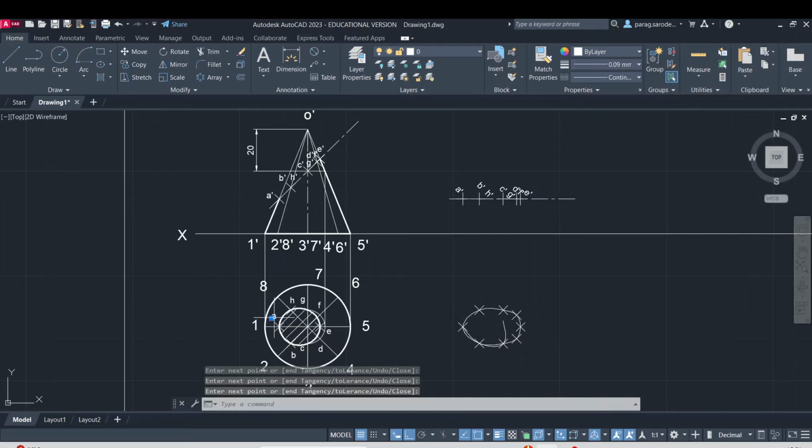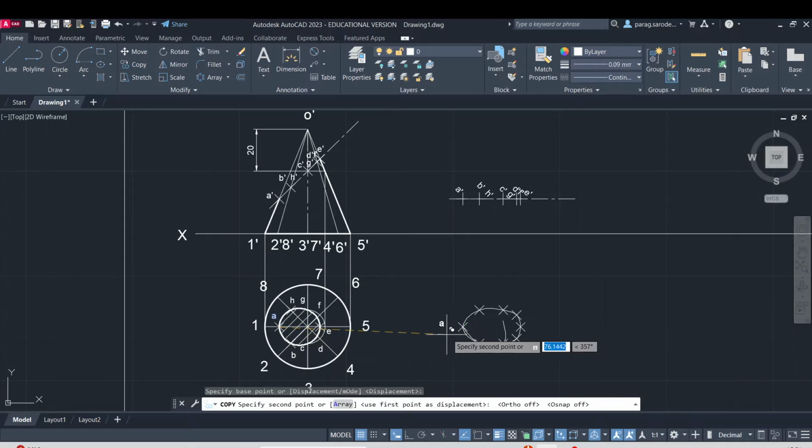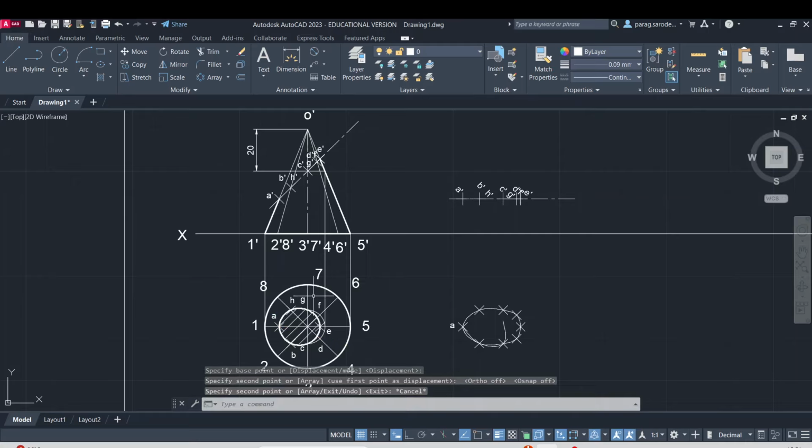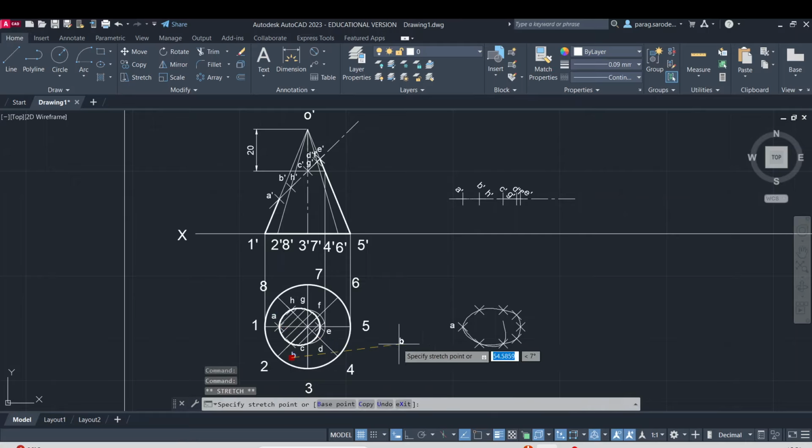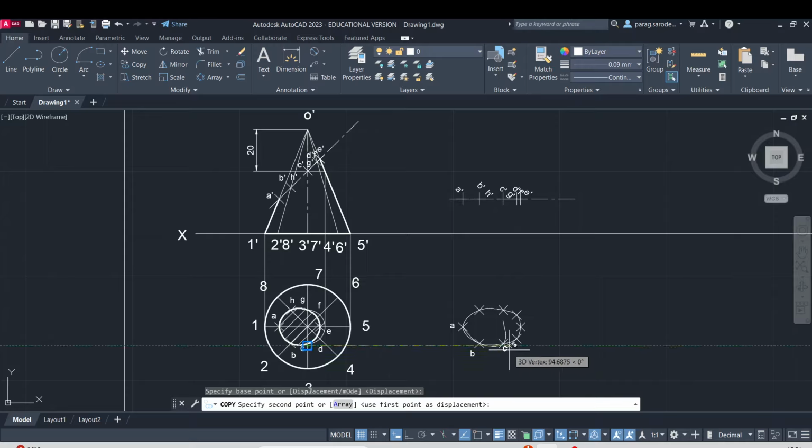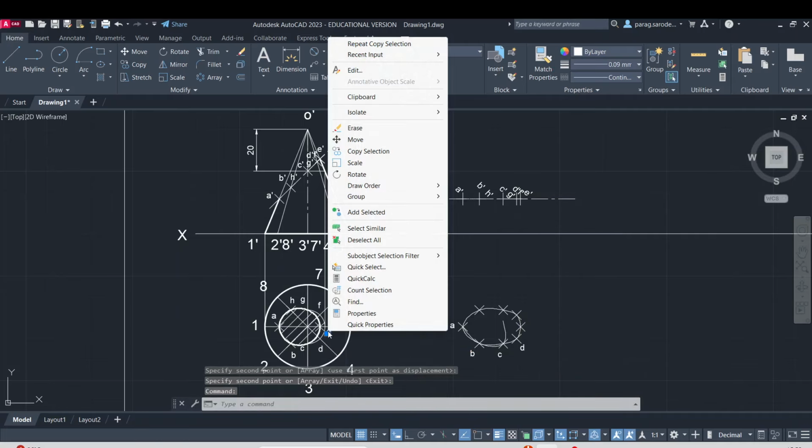Now I am transferring the annotations. A, so this is our A. Switch off the OSNAP and ortho mode. A, B, copy, B, copy C, C, then copying D, copying E,